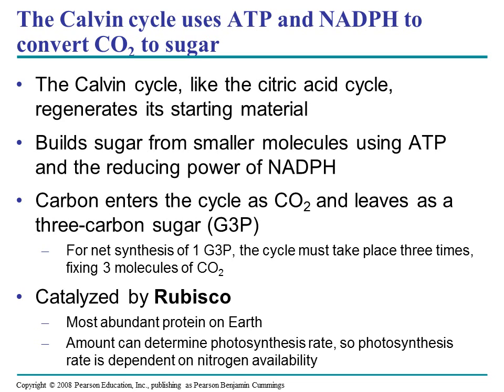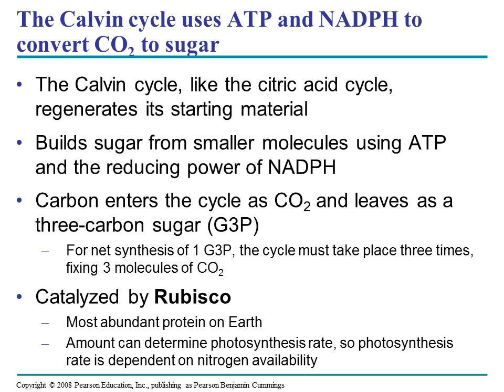The Calvin cycle is kind of the opposite of the citric acid cycle, though, because the citric acid cycle was breaking down sugar, and the Calvin cycle is building sugar. So the Calvin cycle is going to build sugar out of CO2 using energy from ATP and the reducing power of the NADPH. So carbon comes in as carbon dioxide from the atmosphere and leaves the Calvin cycle as a